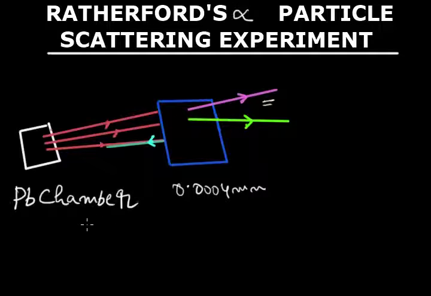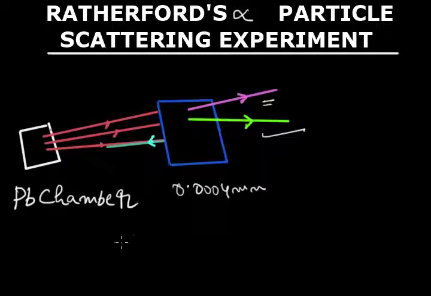The initial path of the alpha particle is denoted by these red colored lines, and a very few alpha particles are deviated slightly, and this deviation is denoted by this green ray, and further less than this number,